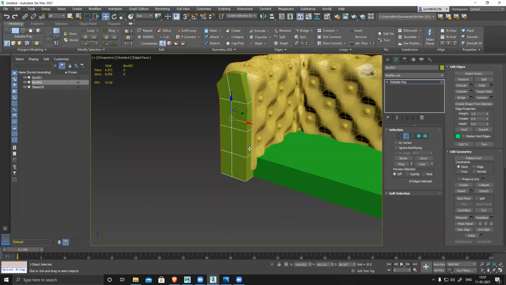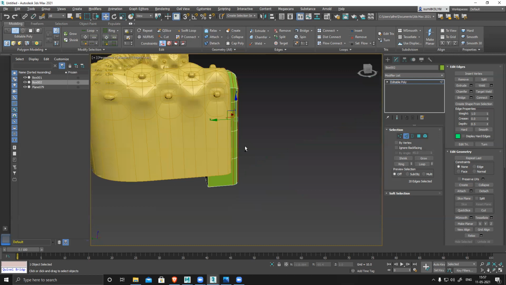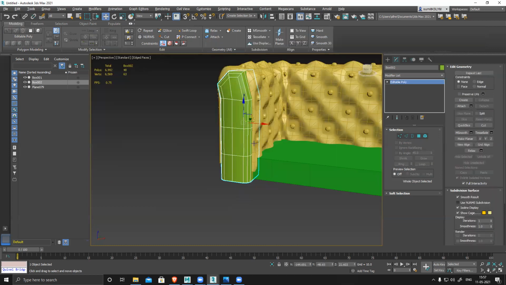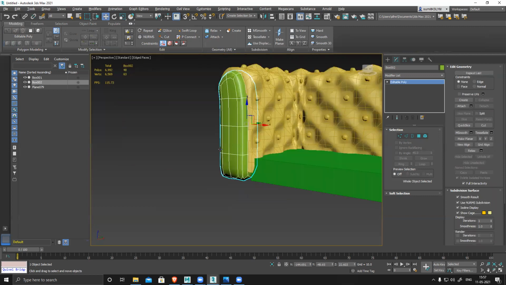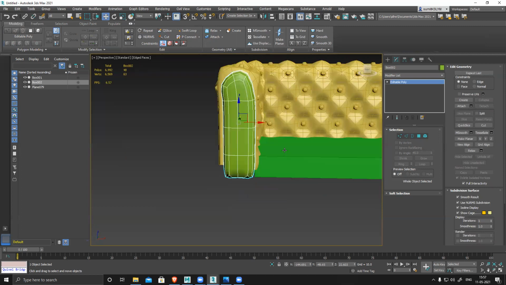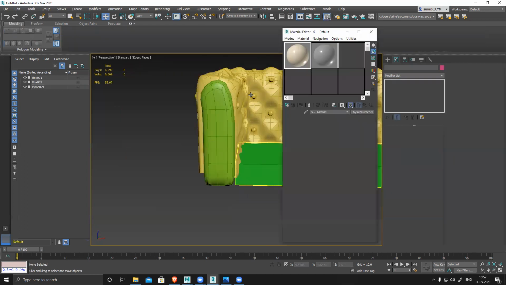Chamfer, chamfer it. One this thing is fine, and then make it slightly rounded. Got this rounded shape. If you want, you can switch on nerve smoothing for this also, and you can see it's clean, smooth shape. Let's go to material, press M,